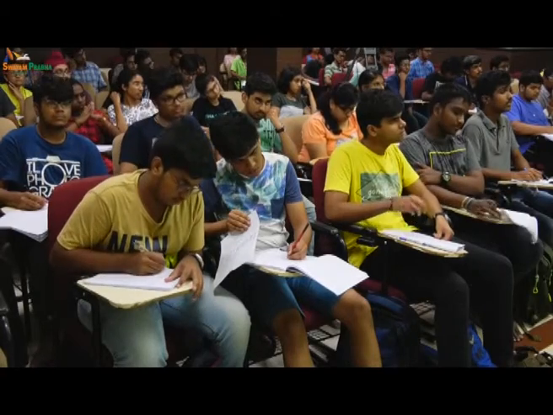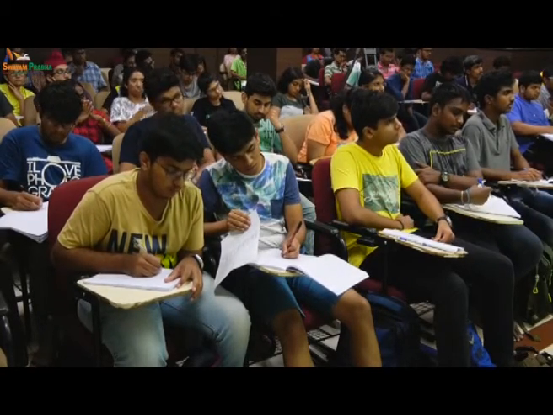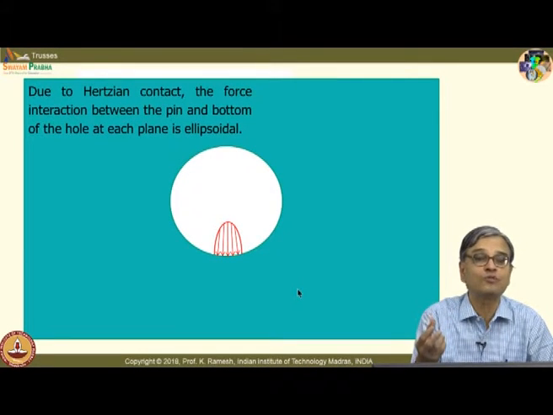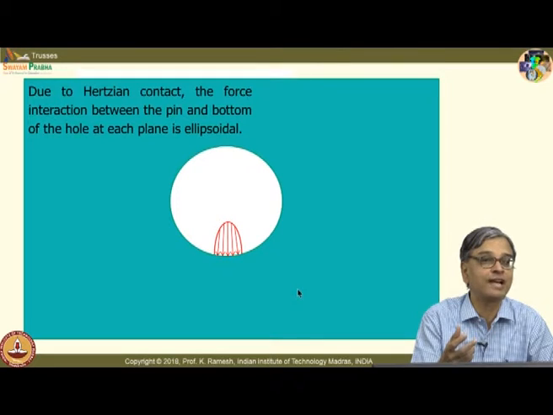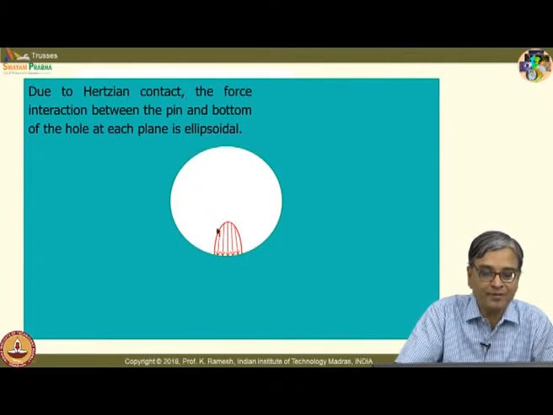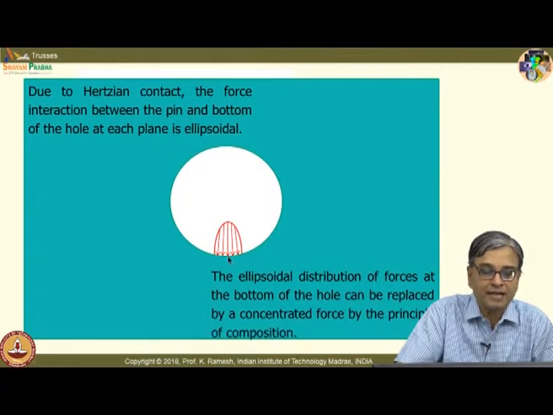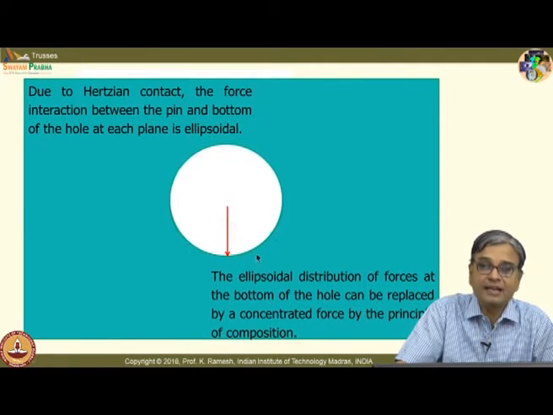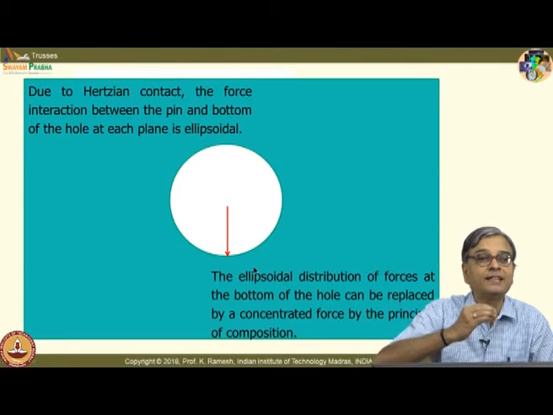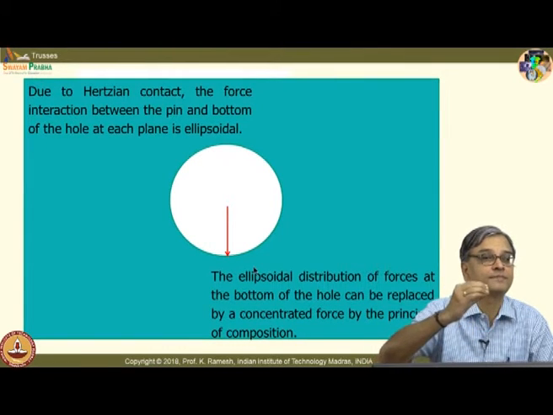And in the next level course, you consider the body as deformable and find out its resistance and decide what is the material I should use, what should be the cross section minimum I should have so that it withstands the force, and so on and so forth. So, I actually have an elliptical distribution, and this is replaced by composition as a concentrated force. And I have already alerted you, this interaction is dictated by how the pin is moved in the hole.